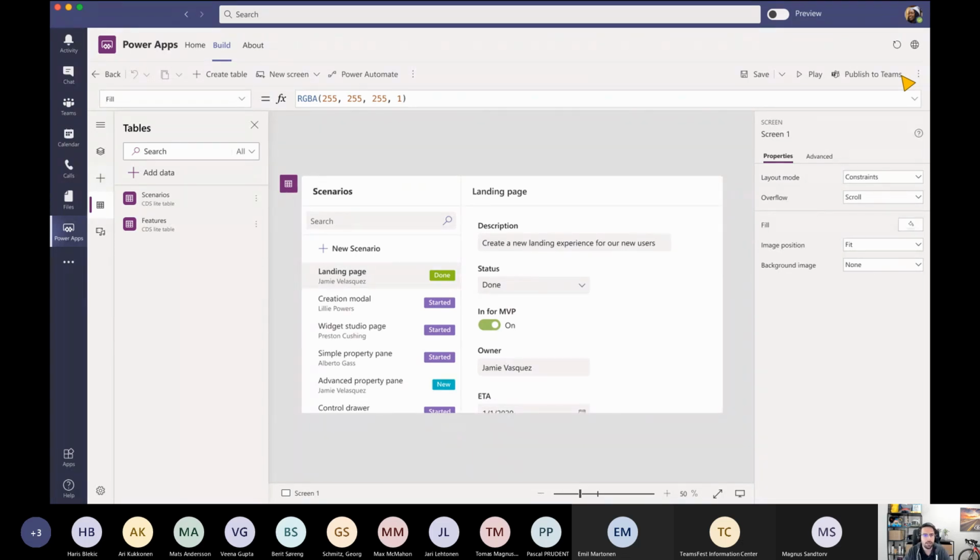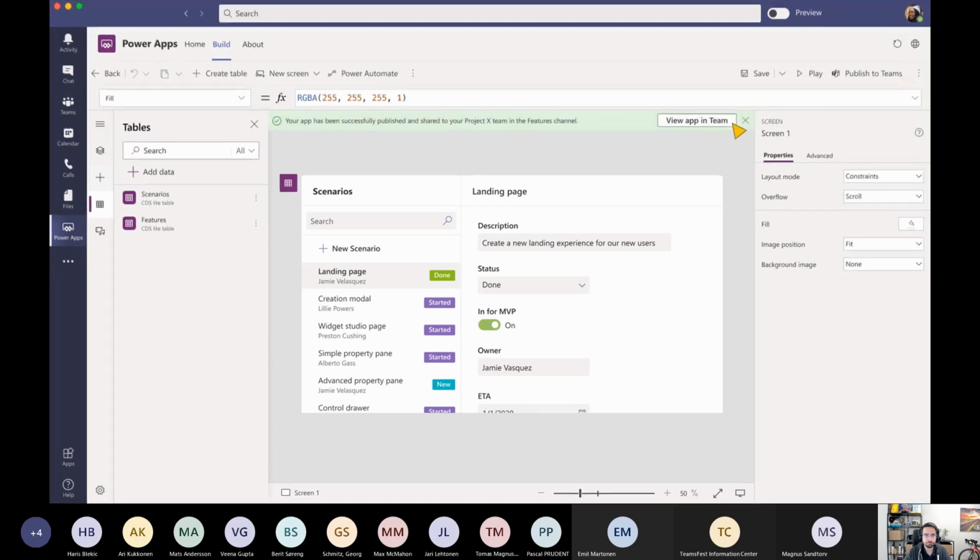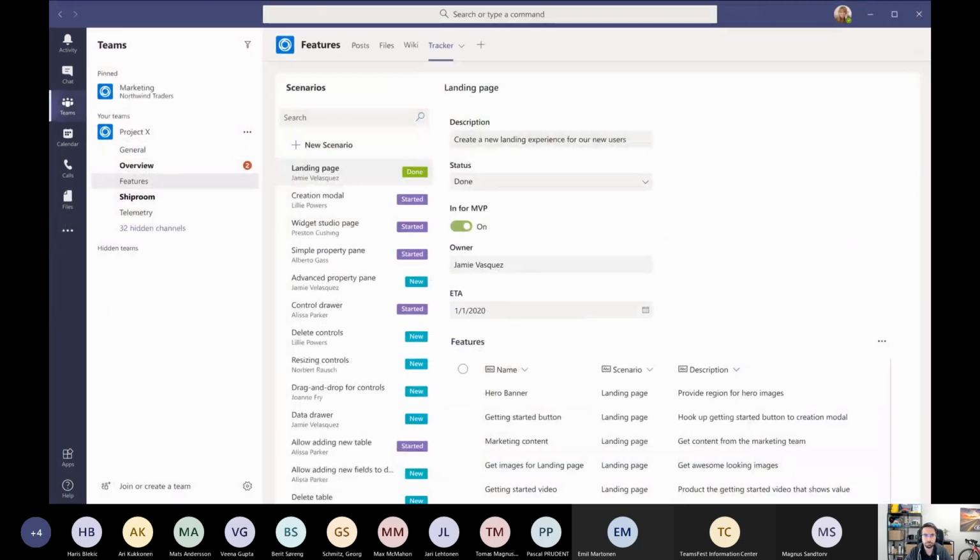Another thing is the table designer inside Power Apps, so we can create new tables inside our Power App application. And after you have deployed the application inside Teams, you can click and navigate directly to the channel to see the application run inside Teams.